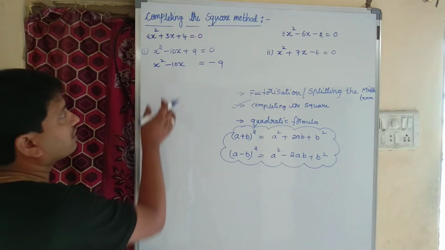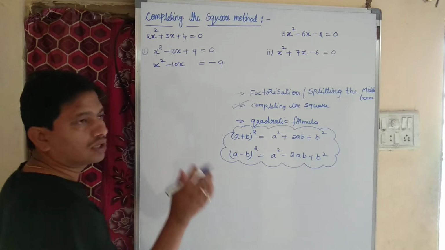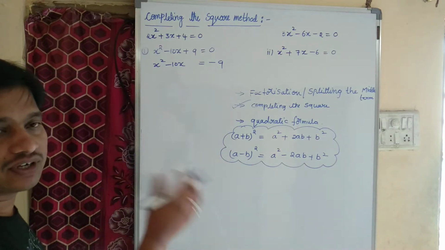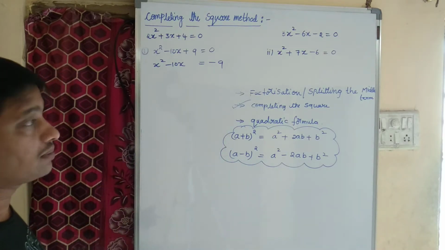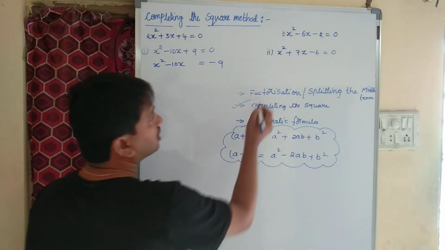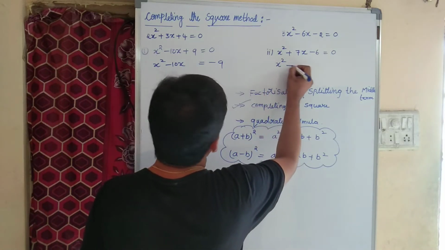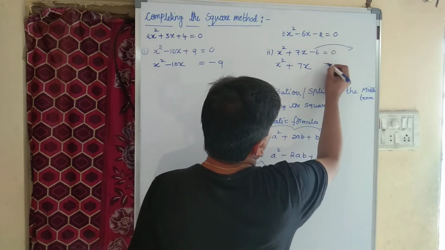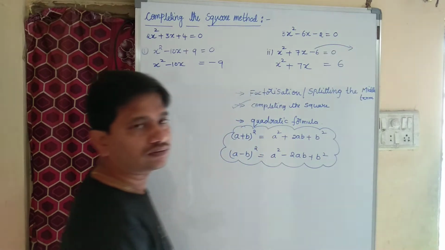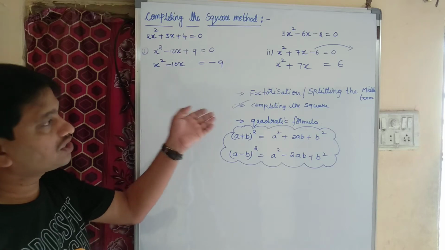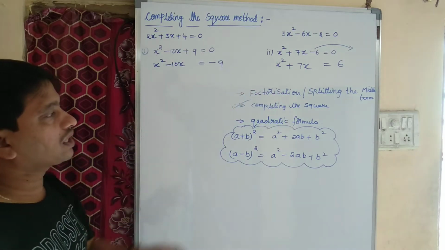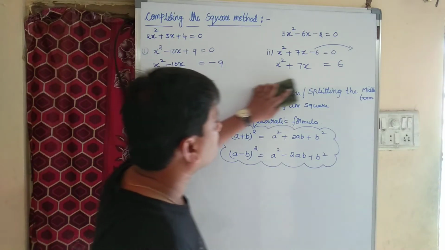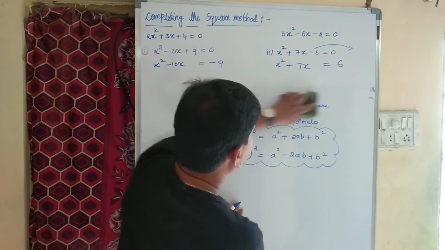Okay, as I have given here two quadratic equations, simultaneously we will solve both the equations so that you will get a clear concept. Here also, if you observe, children, we have x square plus 7x minus 6. You transpose, it will become plus 6, children. Is it clear? The constant we transpose towards the right hand side, it will become plus 6. Now coming to the second step.